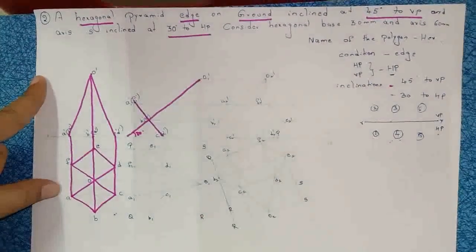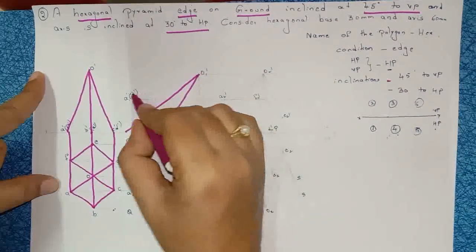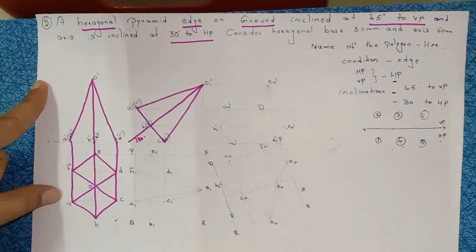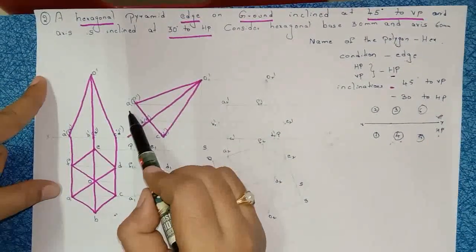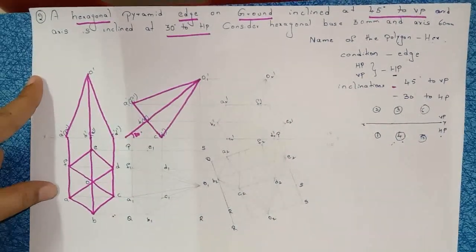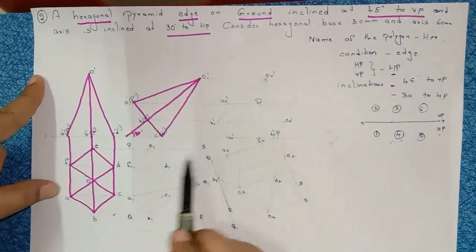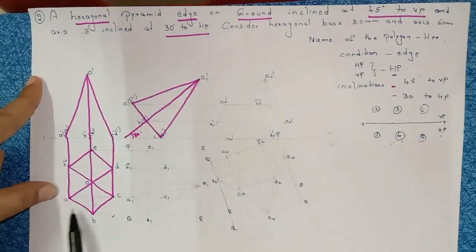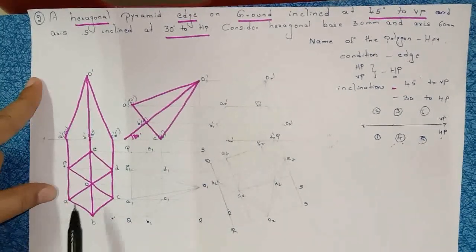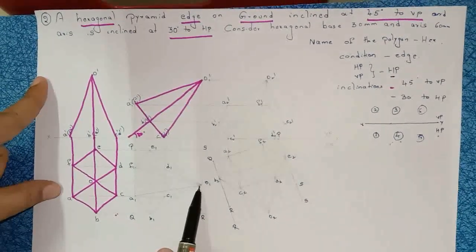Just join this one. After that, join this corner to the O point. You will get this step, and you will name it as A1 dash. Same here, whatever the points are here, write them down here. After this step, from E draw the horizontal line. From F and D, draw the horizontal line. From A and C, draw the horizontal line. From B, draw the horizontal line. The important thing is that from O also you have to draw the horizontal line.